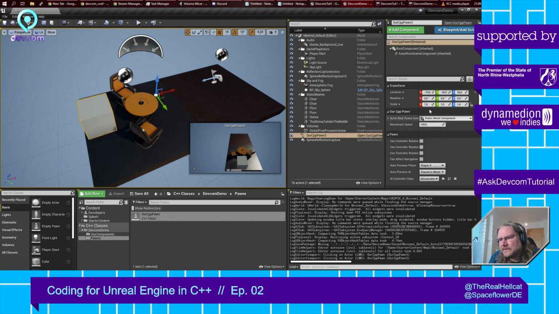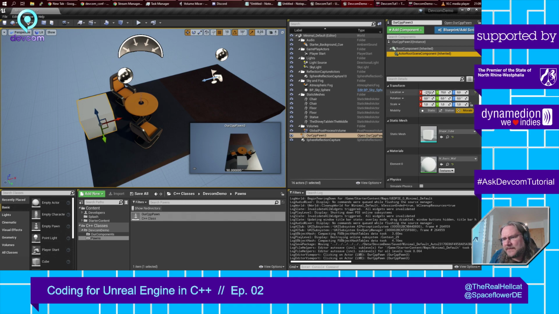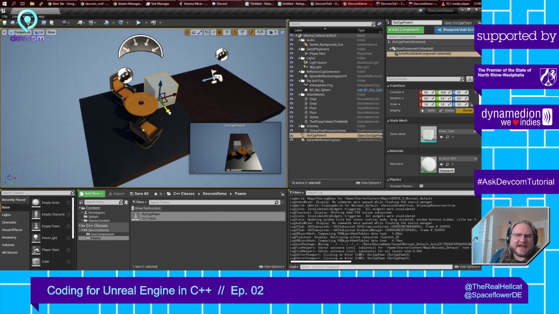Well, it does have a strange position. Oh no, wait, this is the whole actor. But this does have a quite strange position as well. I don't know. Maybe I accidentally